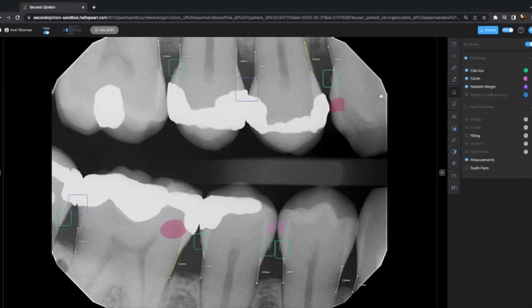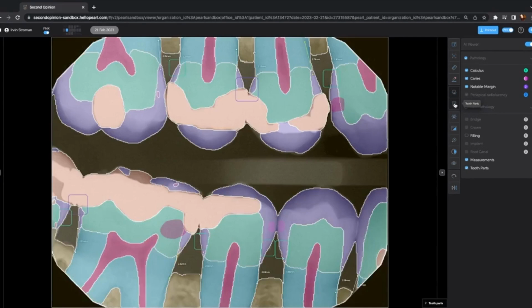If we want to help them understand the different structure of the teeth, we can use our tooth parts button, changing the teeth into color. We can now see the enamel is purple and the dentin is green, and helping the patient see that we've gone through that enamel into the dentin area here. We like to call this tool the aha moment. It really helps give a great visual aid to the patient in helping them see the severity or the need for their continued treatment plan and follow-ups.